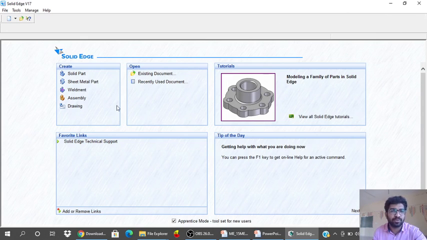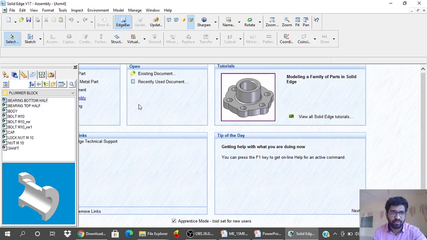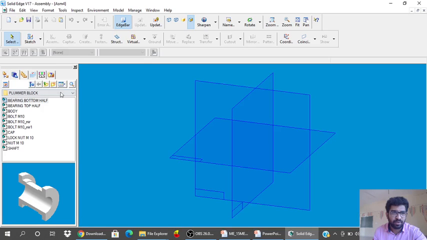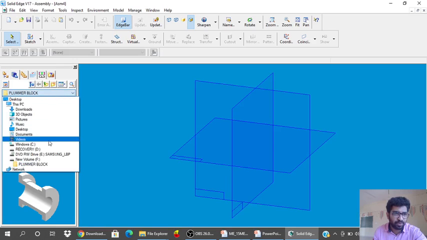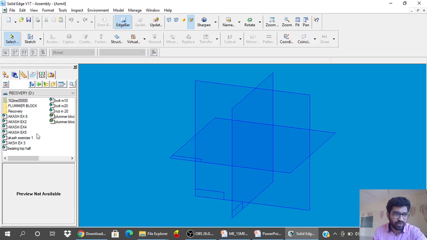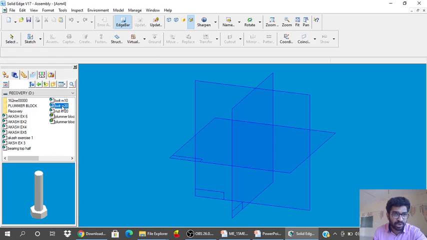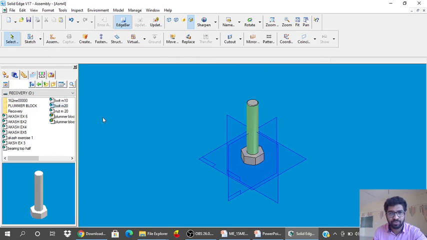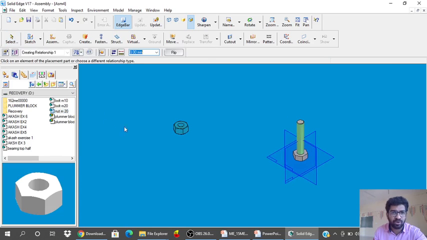So to do the assembly, go for create assembly. In the edge bar toolbar, search for your bolt, that is bolt M20. Double click on bolt M20. So your bolt is now fully positioned. Next is nut M20. Double click on nut M20.